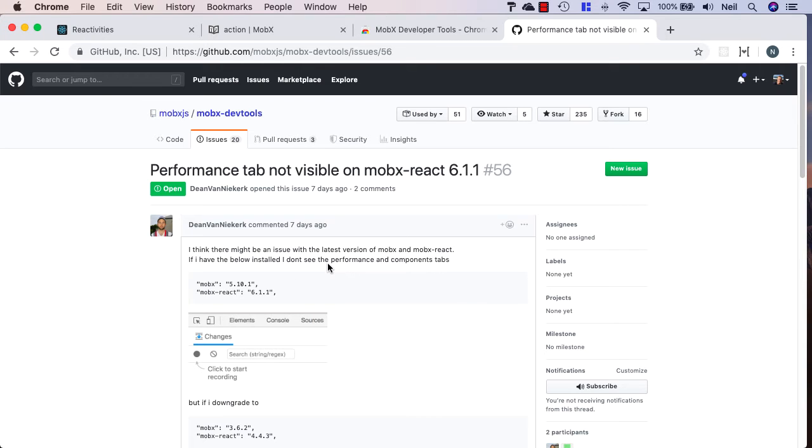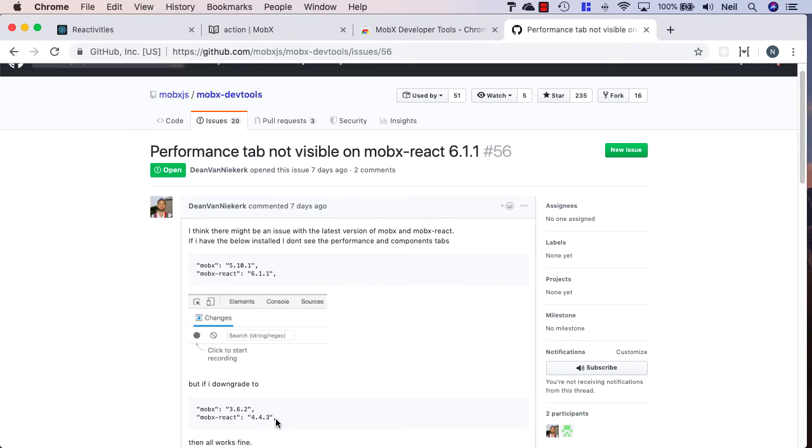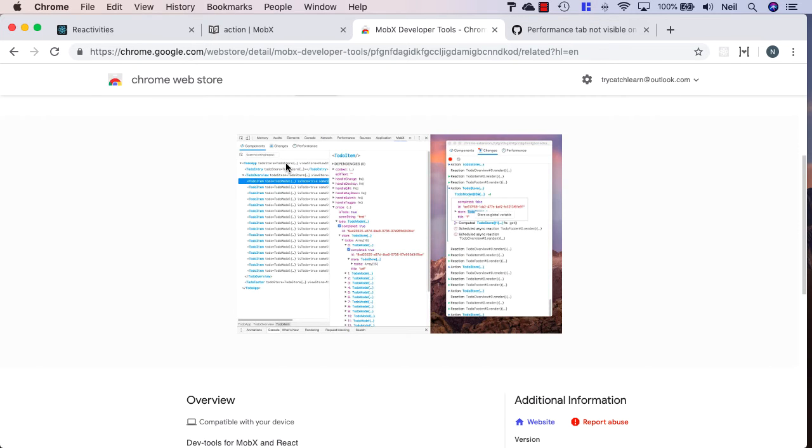Based on the version of MobX and MobX React Lite that we're using, these tools are not fully working at this time, and it would require downgrading MobX and MobX React in order to make use of these. Now, we're not going to downgrade MobX just for developer tools. And for now, we're just going to have to make do with what we've got here,